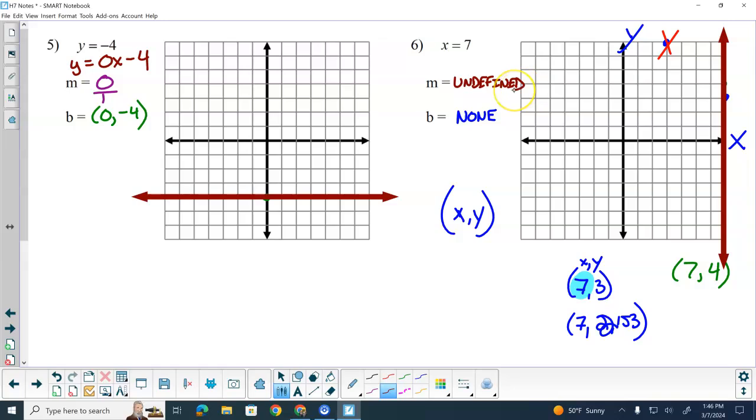Dylan, I don't ever want to hear you say that again. Okay? So y equals numbers graph into horizontal lines. X equals numbers graph into vertical lines. I think you might have saw some of those types of lines when you've been doing those tables on your